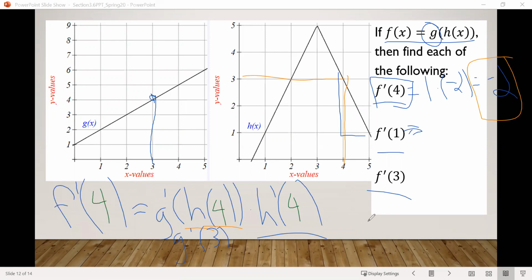Right, so let's do the second one then. Now we do f prime of 1, which means in our formula here, we have to replace everywhere there was an x with a 1. So we'll put f prime of 1, which is g prime of h of 1, times h prime of 1. We'll start by finding h of 1, which over here looks like h of 1 is 1. So then this becomes g prime